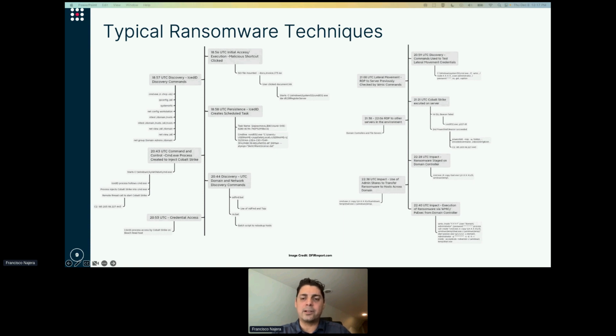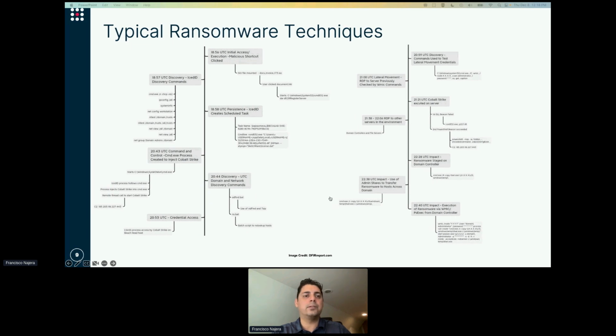SafeBreach allows you to simulate all of these techniques, as you see in the assessment, in order to generate that telemetry, so you can validate that custom detections are firing as you'd expect them to. And this, of course, is very time consuming if you're doing it manually, but we're making it all very simple. Again, through a few clicks of a button, you're able to generate the telemetry that's needed in order to validate that you're going to be able to detect and defend during a ransomware attack. So I'm going to flip on back to the console